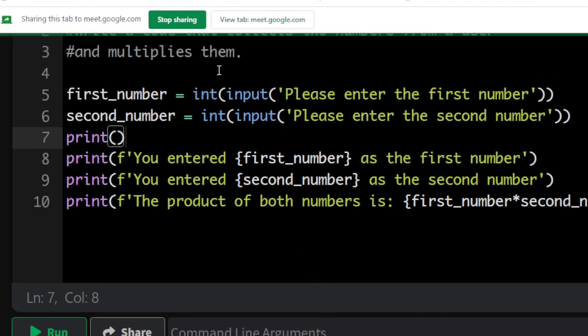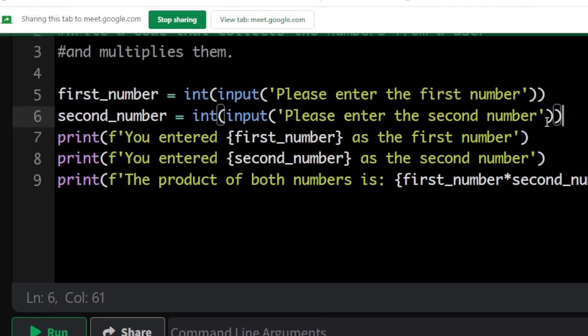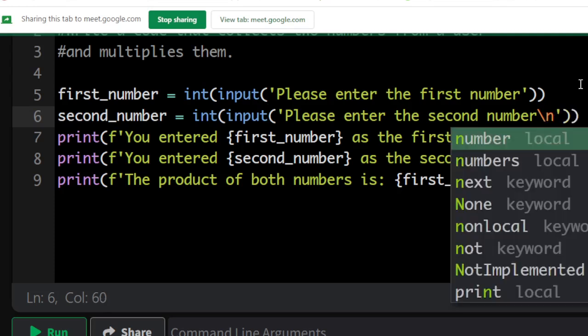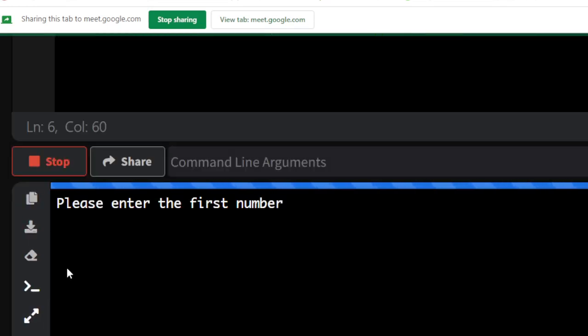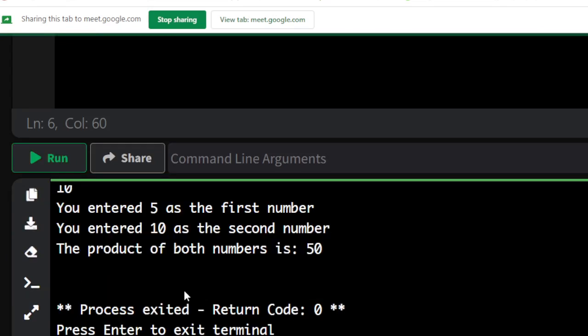If you don't want to use this empty print, if you want to go a little bit more professional, you use the new line statement, which is \n, the new line character. So the new line character is just like you put \, then you put n. By the time you put \n, Python is going to create an empty line under that place. So if you run it like this, you put 5 and then you put 10, you run it, you see,